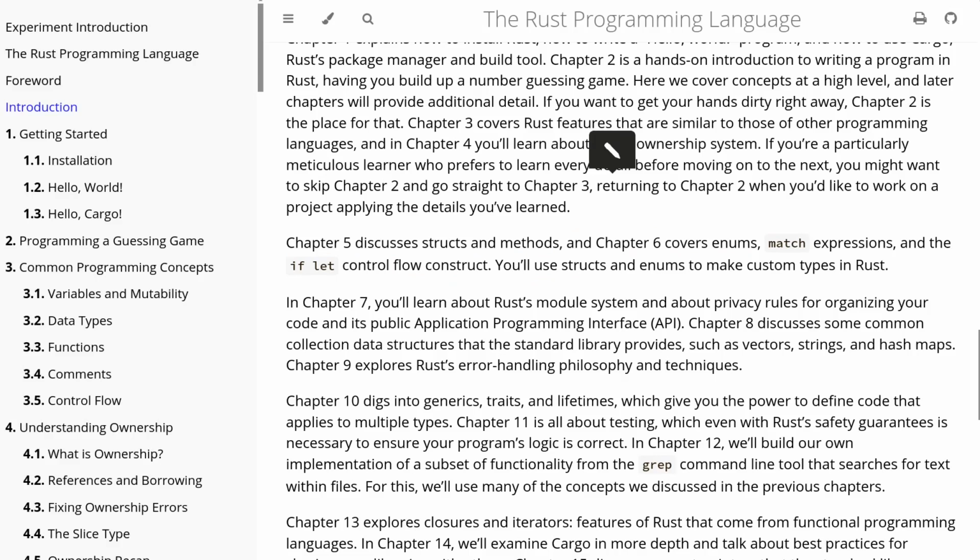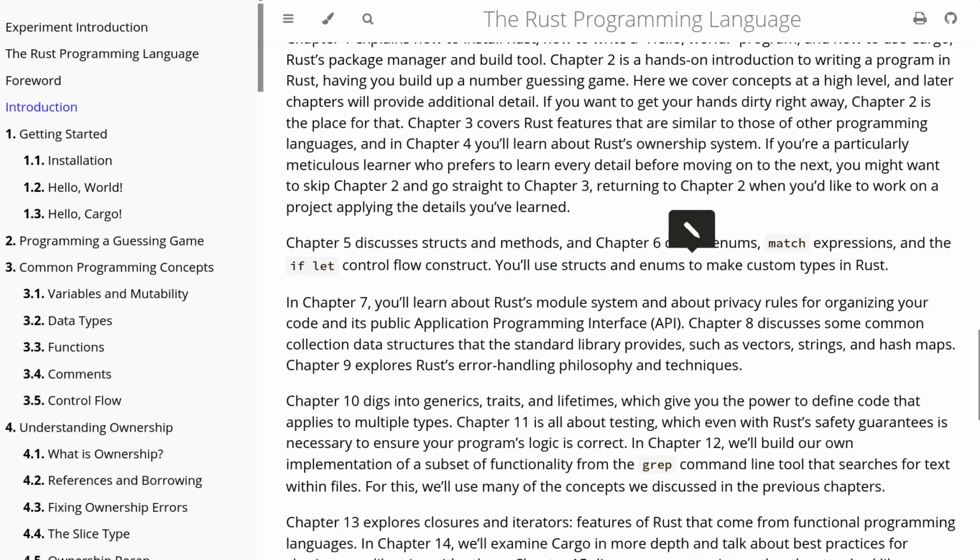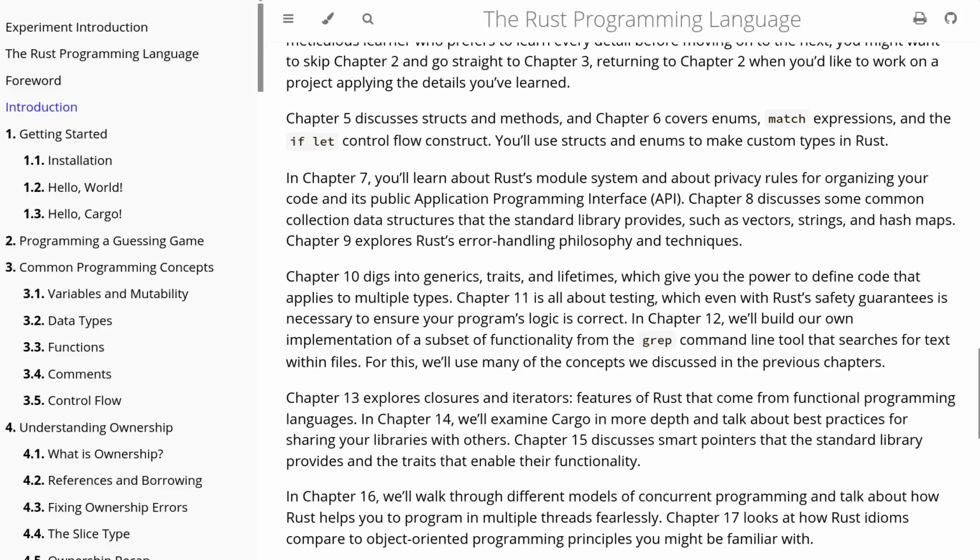Chapter 5 discusses structs and methods. Chapter 6 covers enums, match expressions, and the if-let control flow structure. You will use structs and enums to make custom types in Rust. Okay. In Chapter 7, I think